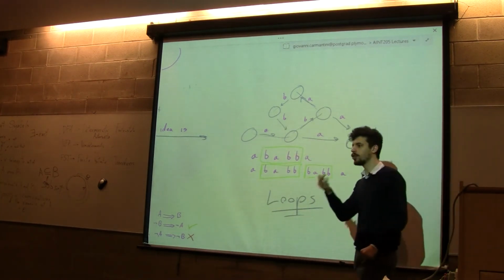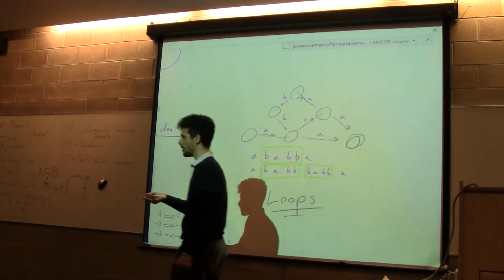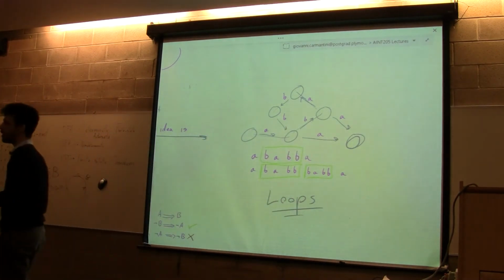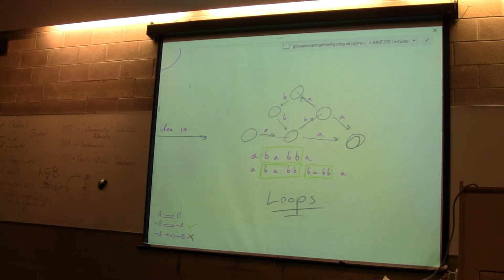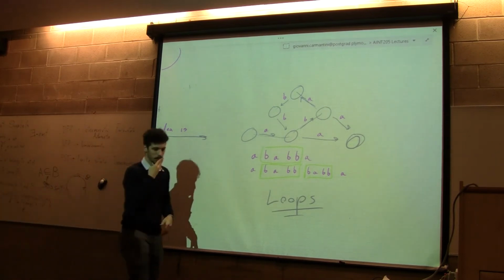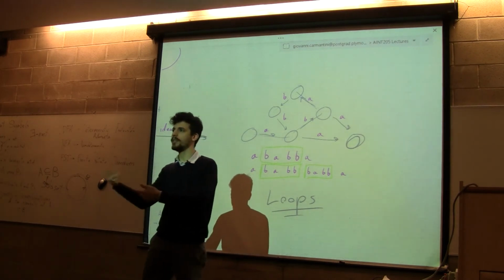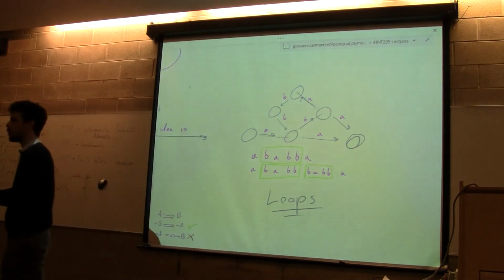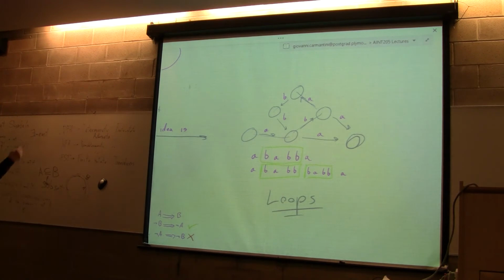Now I'll tell you about the pigeonhole principle. The pigeonhole principle is just saying if you have 7 pigeonholes and you have 8 pigeons, that means that a hole must contain 2 pigeons, okay? Because you just have 7 holes and 8 pigeons. Now this is the same principle. Your DFA has P states. Okay, let's take a string in this language, which is infinite. Let's take a string which has P plus 1